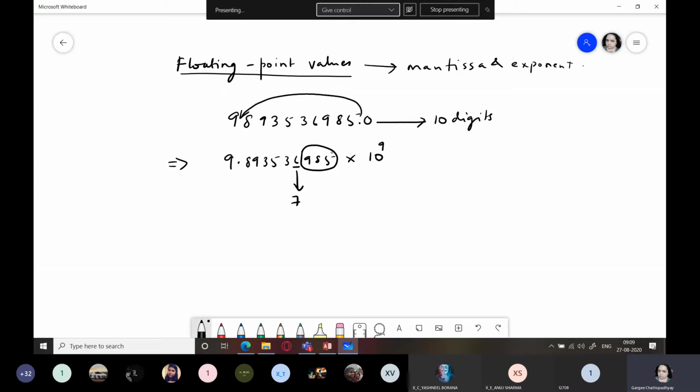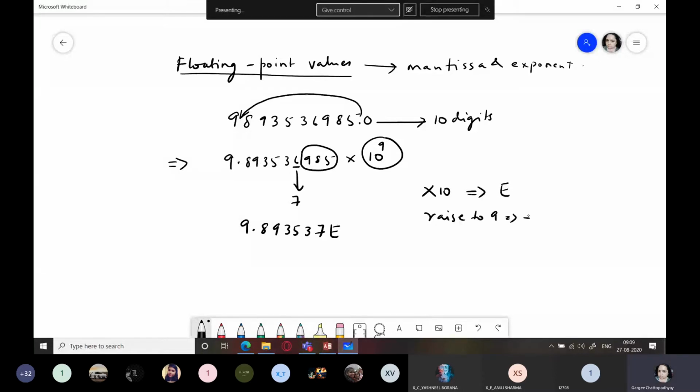So into 10 is represented using E, and raised to the power 9 is represented as plus 9.